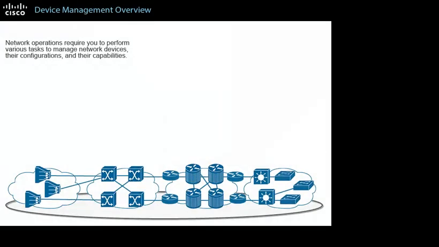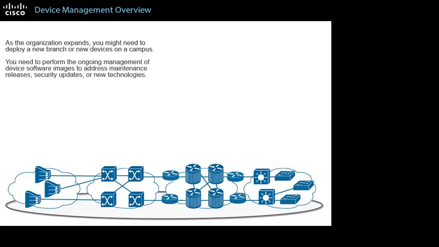Network operations require you to perform various tasks to manage network devices, their configurations, and their capabilities. For example, enabling devices with new technologies is a key activity to help the network keep pace with customer demands. As the organization expands, you might need to deploy a new branch or new devices on a campus. And you need to perform the ongoing management of device software images to address maintenance releases, security updates, or new